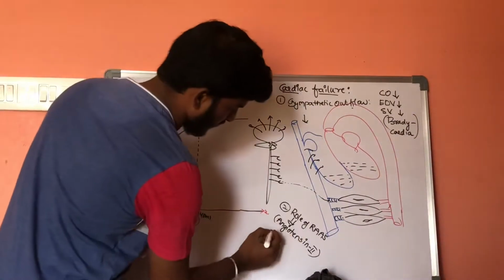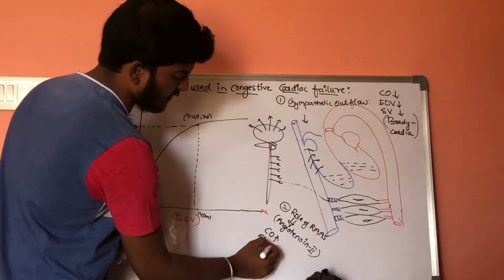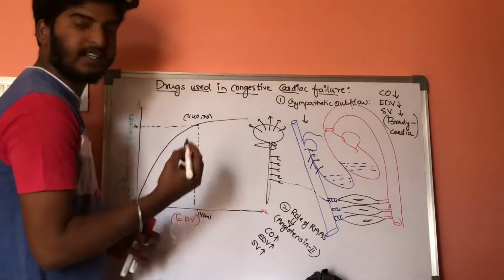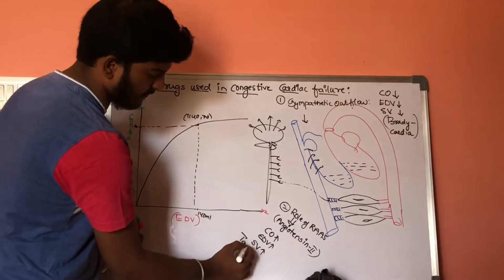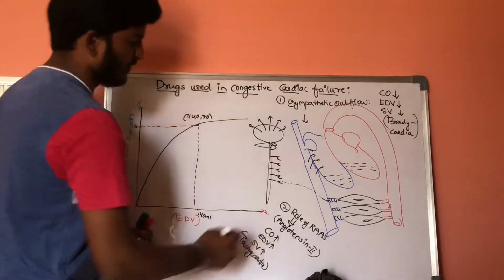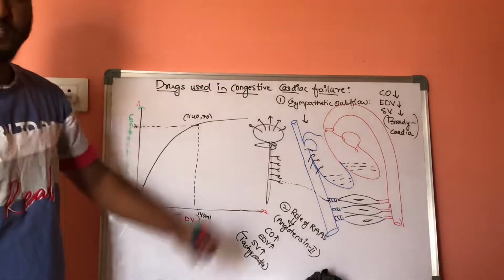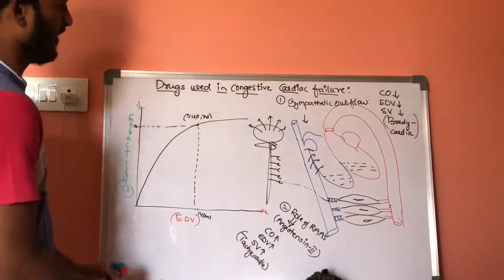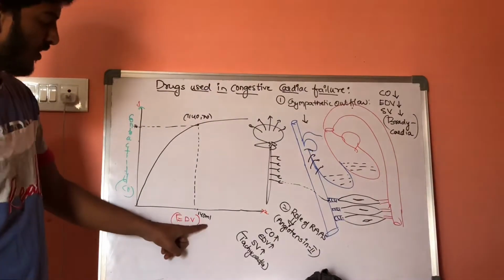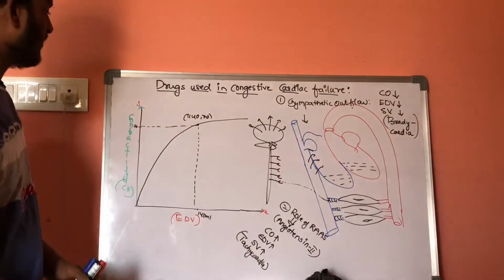The end diastolic volume will get increased, and ultimately the stroke volume will get increased, resulting in tachycardia. These are the two conditions which result in abnormalities in the heart. Now coming back to the graph: in a normal person the end diastolic volume is 140 ml and the contractility is 70 beats per minute.